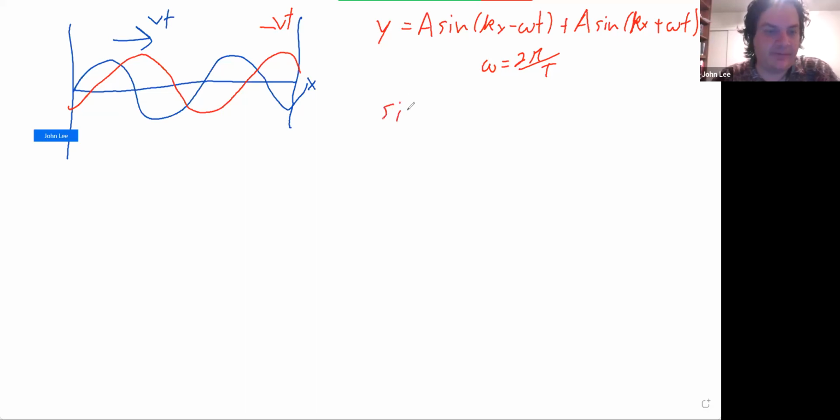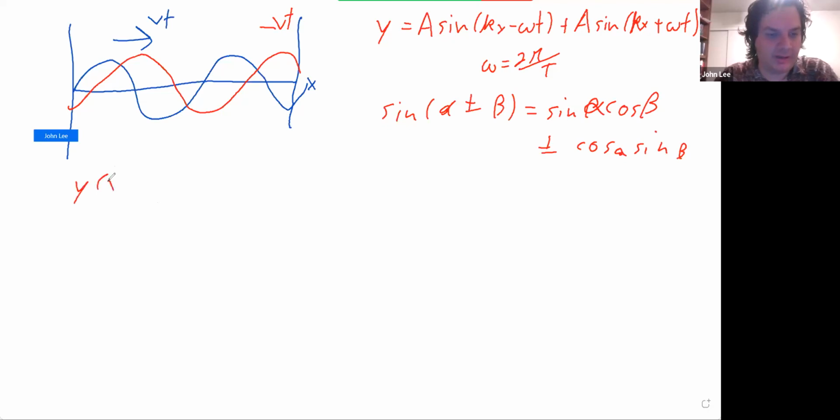Sine of alpha plus or minus beta is equal to sine alpha cosine beta plus or minus cosine alpha sine beta. So this y becomes y of x, t is equal to a